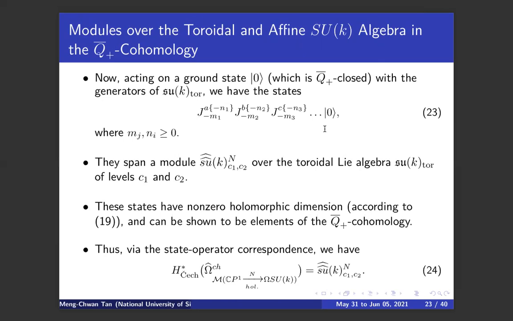On the CP1. What do you mean by state on a CP1? You're talking about two-dimensional quantum field theory? That's right. The state should be associated with a one-dimensional space, which is a circle or a segment, maybe circle. Yes, circle. So you can think of the CP1 as a circle over an interval that collapses at the two ends. Okay, and then why is it labeled by n? N is associated with a degree.